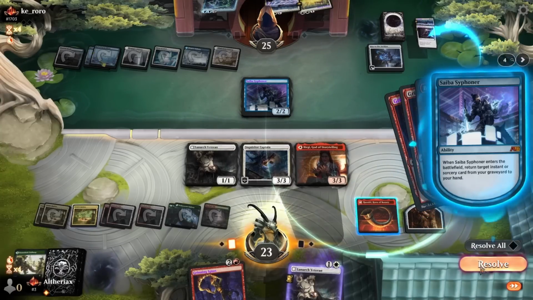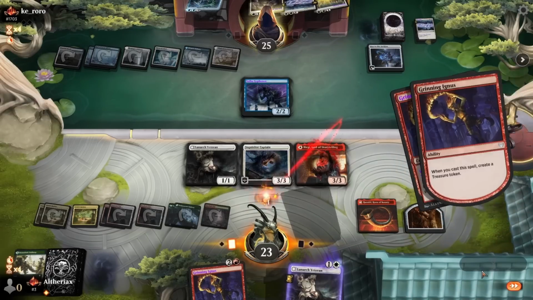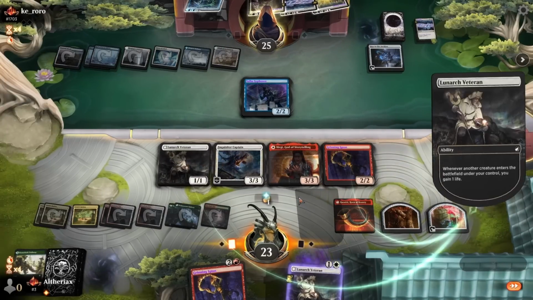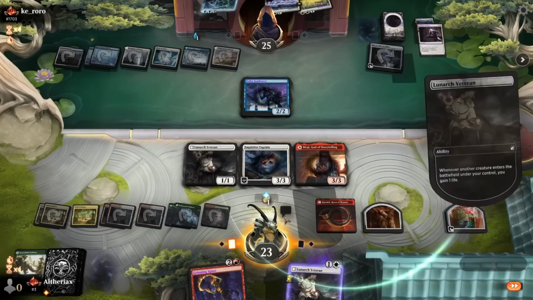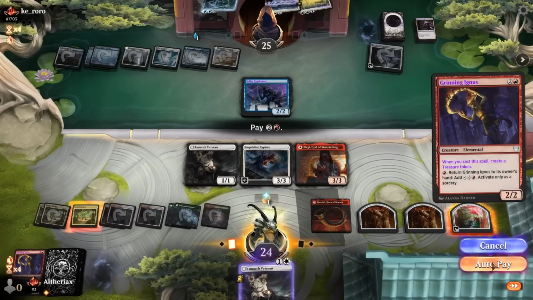I guess they're just going to get Fateful Absence back, probably to kill the Berg. I mean, we do get infinite mana here if they don't kill the Bergie. I guess they're going to try and kill the Ignus, but we then still have enough mana to cast the second one from hand. So since we have Bergie and Ignus that had the buff from Racketeer Boss earlier,